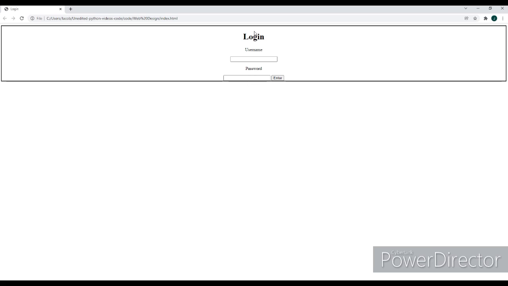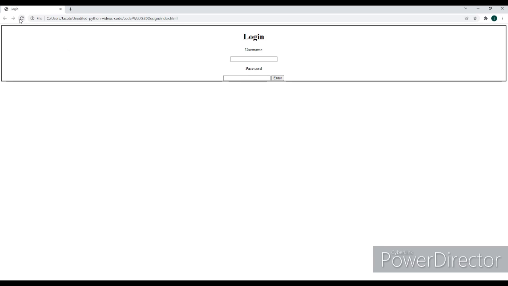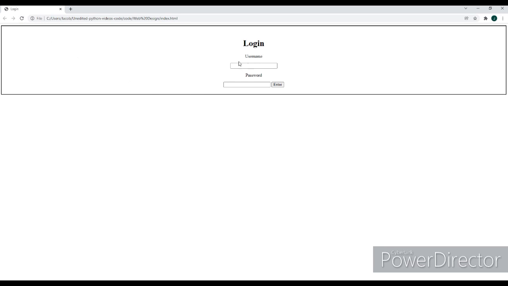So let's give it some padding so it pushes a border and content away from each other to give it some space. Give it a padding of 25 pixels. Save it, come here and refresh. That looks a lot better. But this button, it's right here beside our input field and it doesn't look good. So now we want to put this button on a new line